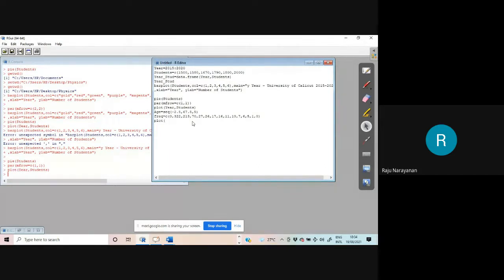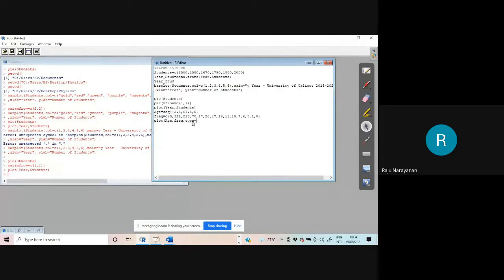What should come on the x-axis? Age should come on the x-axis. What should come on the y-axis? Frequency should come on the y-axis. And what type do you want? You can do type o. What is type o? Line with the points.